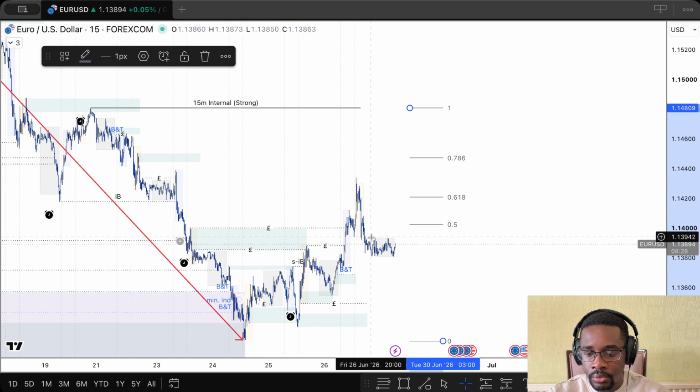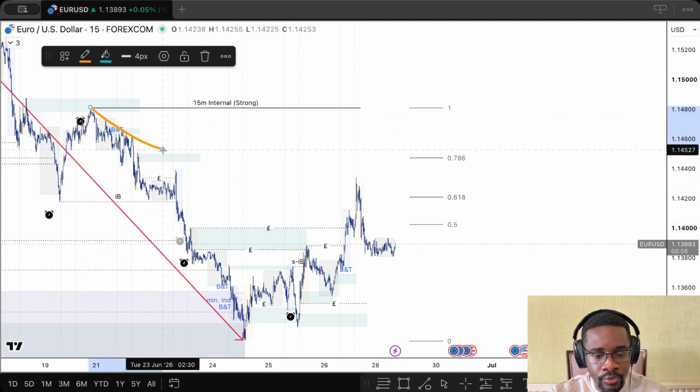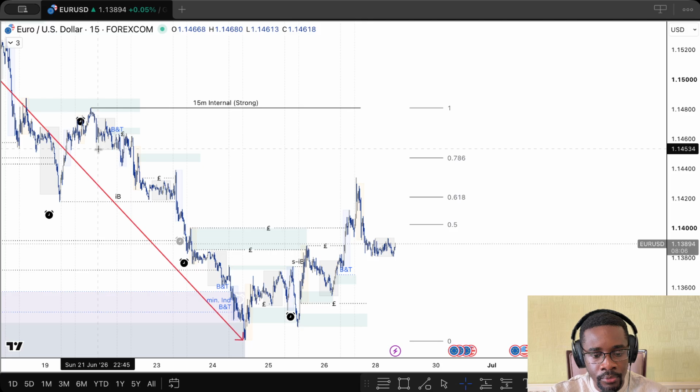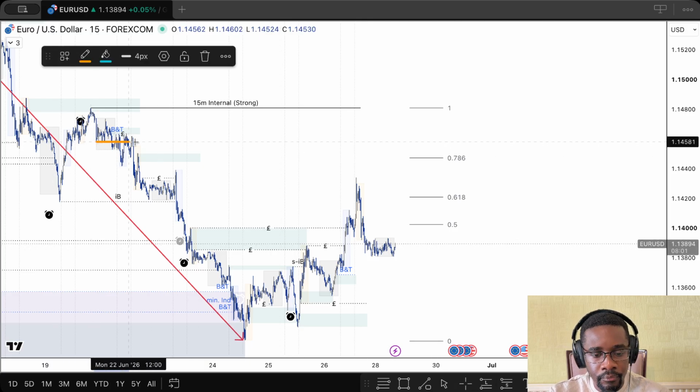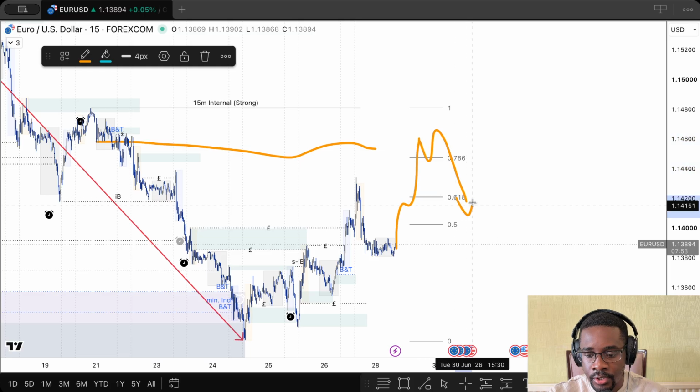premium of the range. Okay, so indeed, as you see, we are above the 50%, so that means we've mitigated the premium of the range, and so it's likely that if the bearish trend is to continue, then around this area would be where we expect to see price pushing lower. However, it's likely as well that we do have the extreme of this range. Okay, so I'm just going to mark it like that. So it is possible price could still push up to mitigate the extreme before we start to see it continue